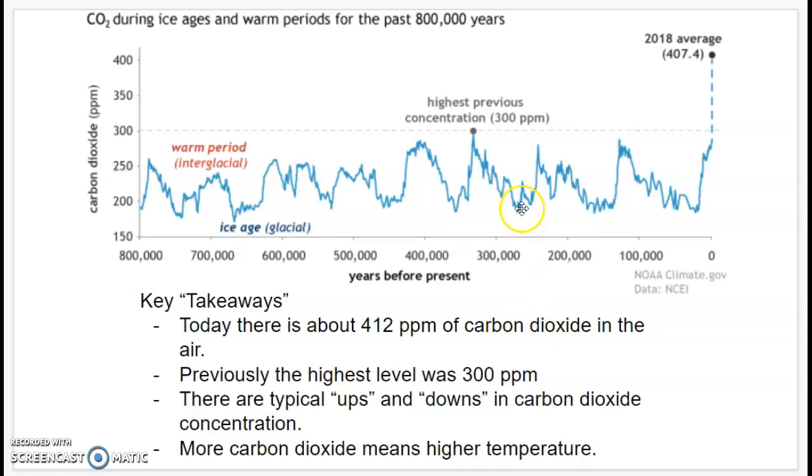We can see right here that the highest previous concentration was 300 parts per million. Most people got that correct. And our current, in 2018 at least, our current measures of carbon dioxide were 407. Today, we're measuring at about 412 parts per million, so it's still going up. There are typical ups and downs, and more carbon dioxide means that there is going to be a higher temperature